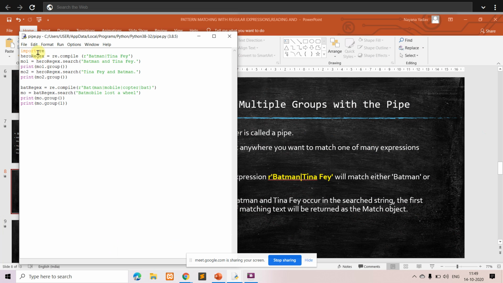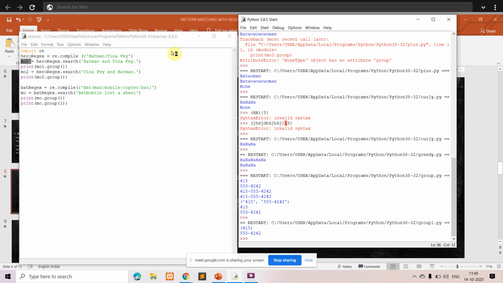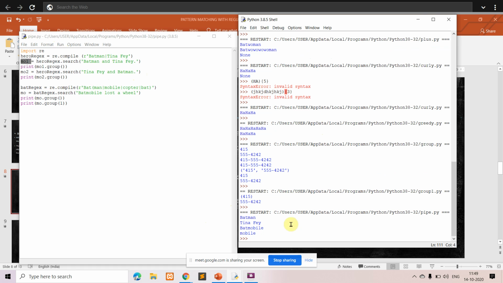So you have the import module, you have re.compile, you have the search, and you are doing mo1.group, which displays whatever you get from the search. Similarly, one more, Tina Fey and Batman, so we'll see the difference between the two. I'll just run the code. In the first case, the first print is mo1.group.